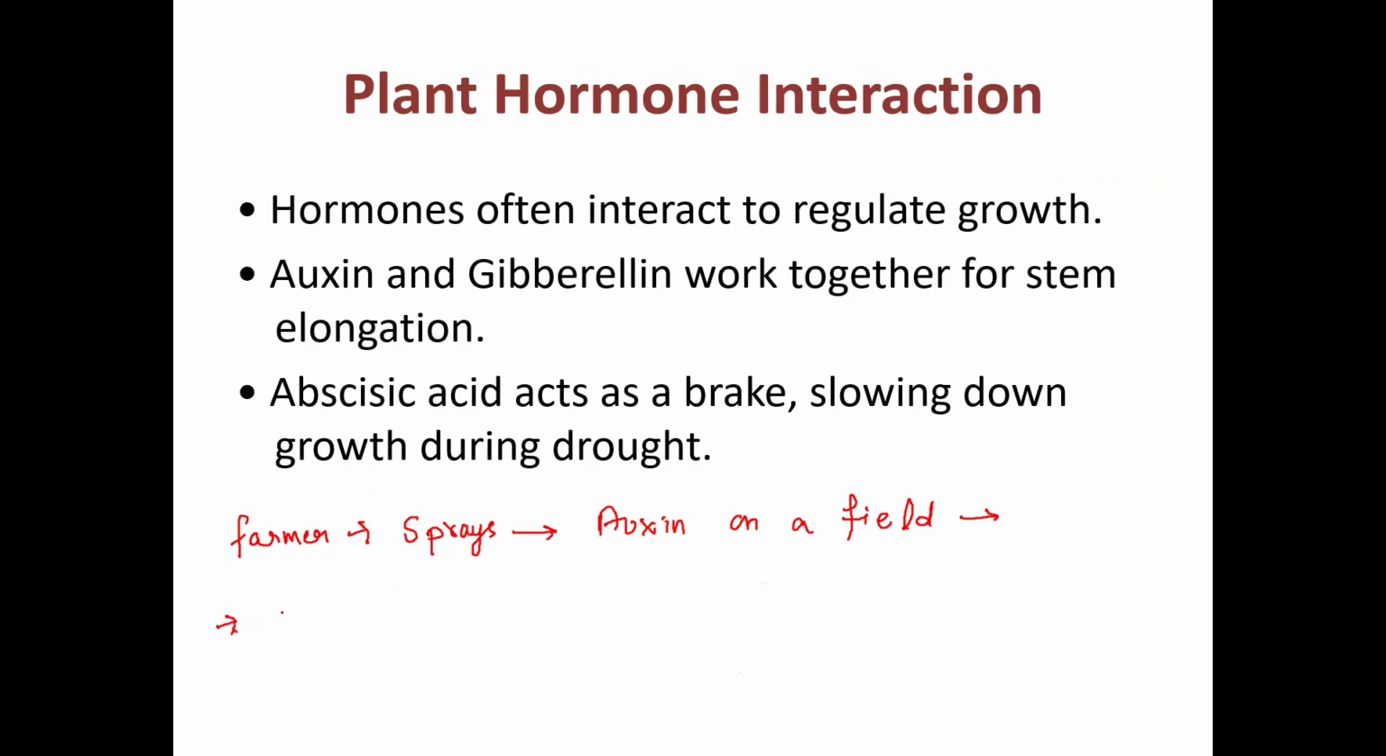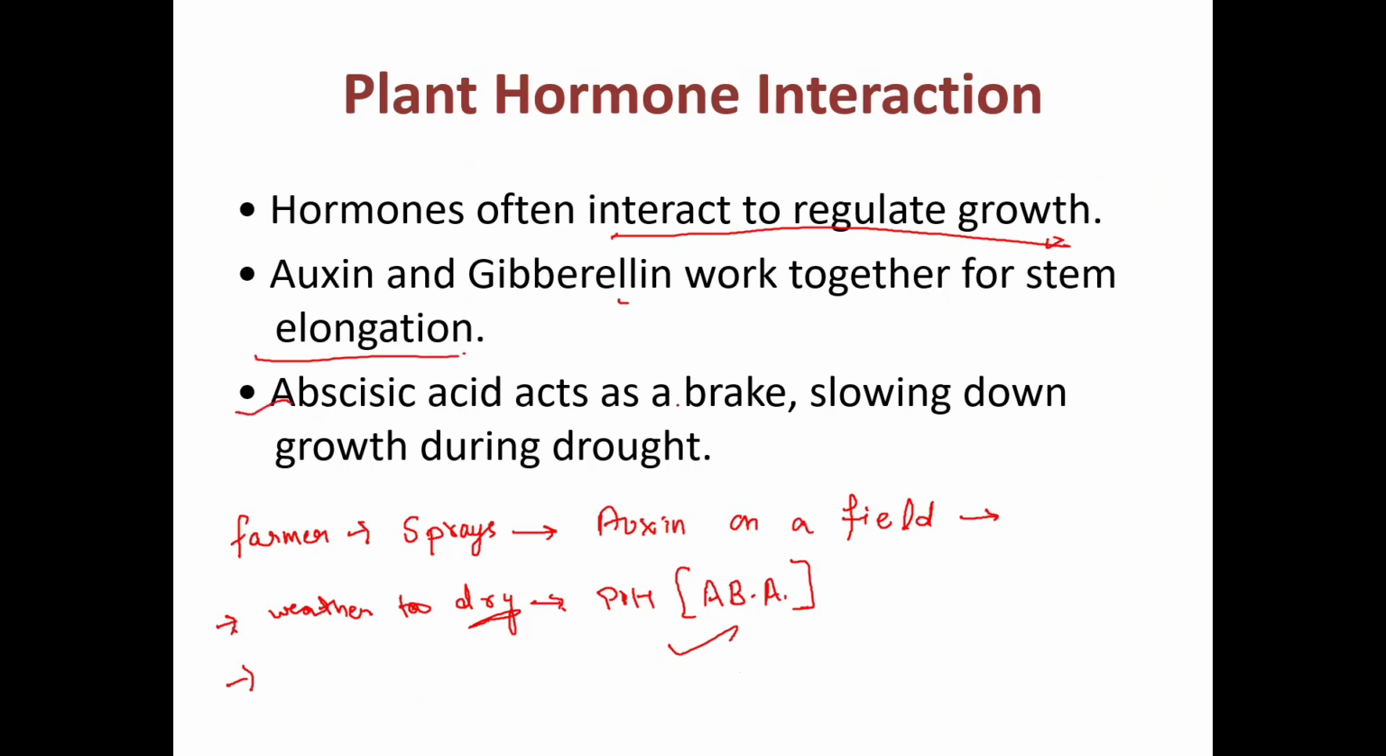But if the weather becomes too dry, the plant releases abscisic acid. This phytohormone, abscisic acid, is released, which stops the growth and saves water. Yes, for dry conditions. So one hormone promotes growth and the other stops it during stress. That is ABA, abscisic acid. This balance helps the plant survive and grow properly. So hormones often interact to regulate growth. Auxin and gibberellin work together for stem elongation. Abscisic acid acts as a brake to slow down growth processes during drought and